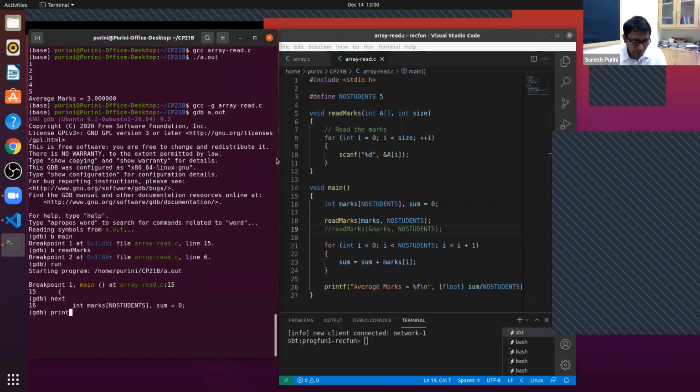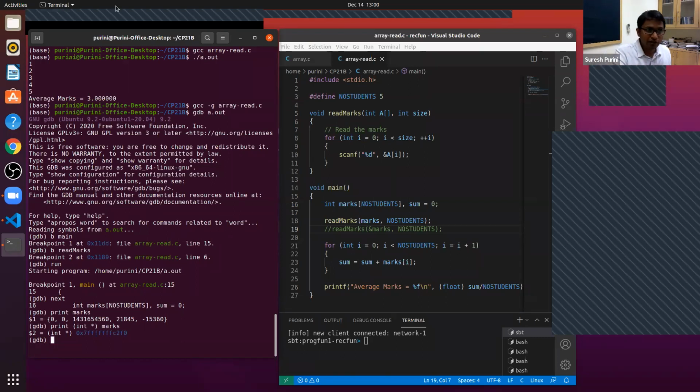Next. So print marks. When we print marks, GDB knows the data type of marks, so it tries to print the array. But if you do a typecast, print int star marks. Now, what is the base address of the array marks?